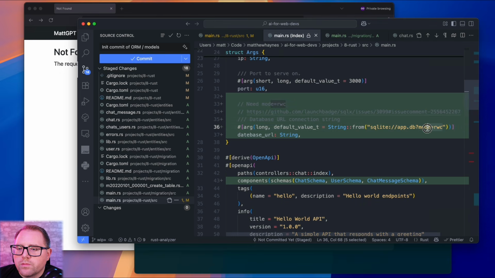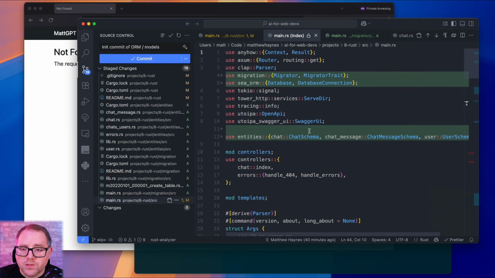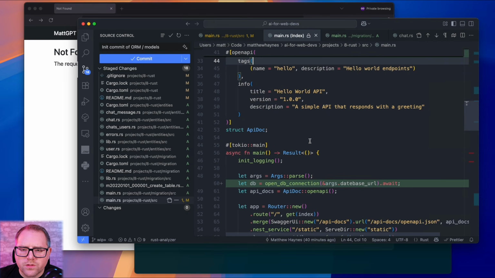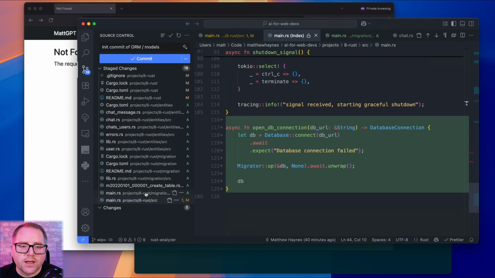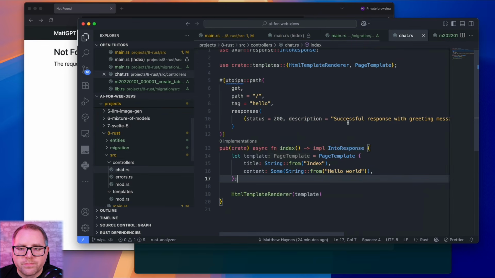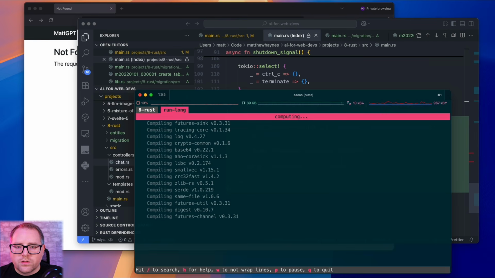This RWC seems to be something I found in the GitHub issue queue. It seems to be needed, at least for me it was. We're going to also import those schemas we had mentioned from our entities, so those will show up in our API docs. And then for now, that should be it. So we're not having any scaffolding for our controllers just yet, but we are wiring them up. So if I do bacon run long,